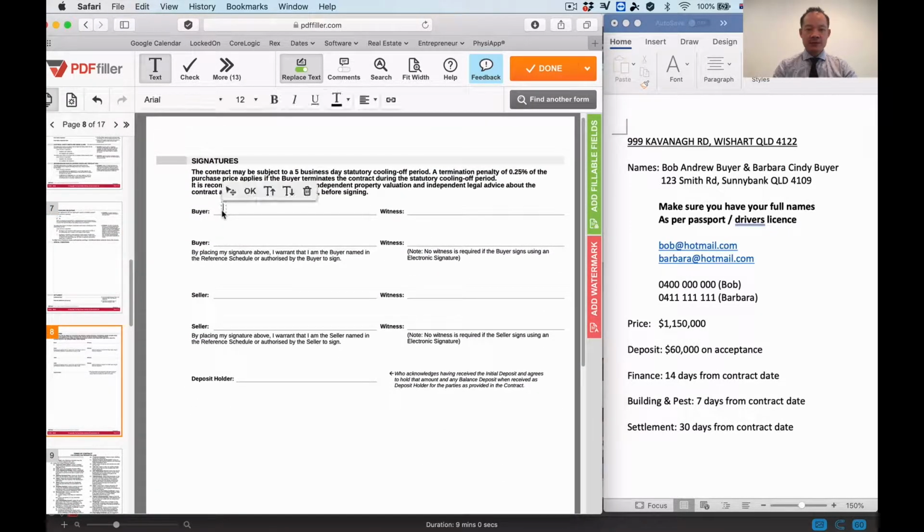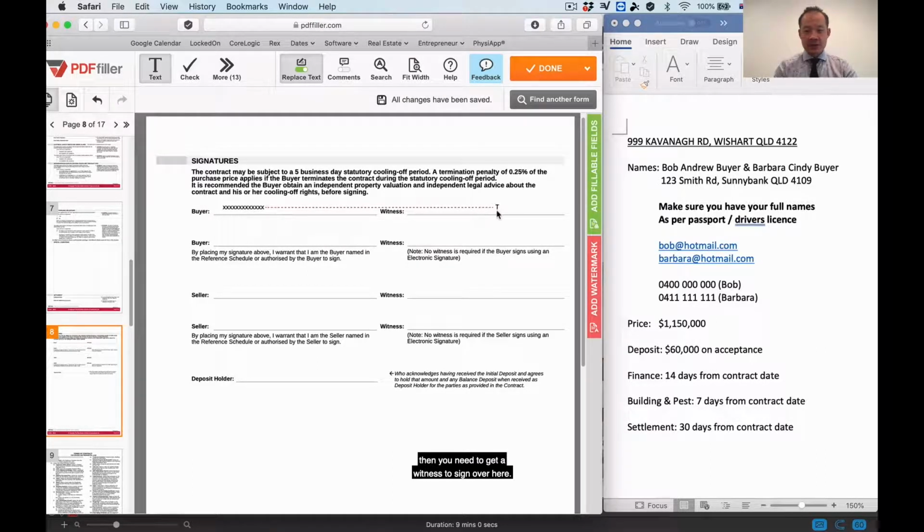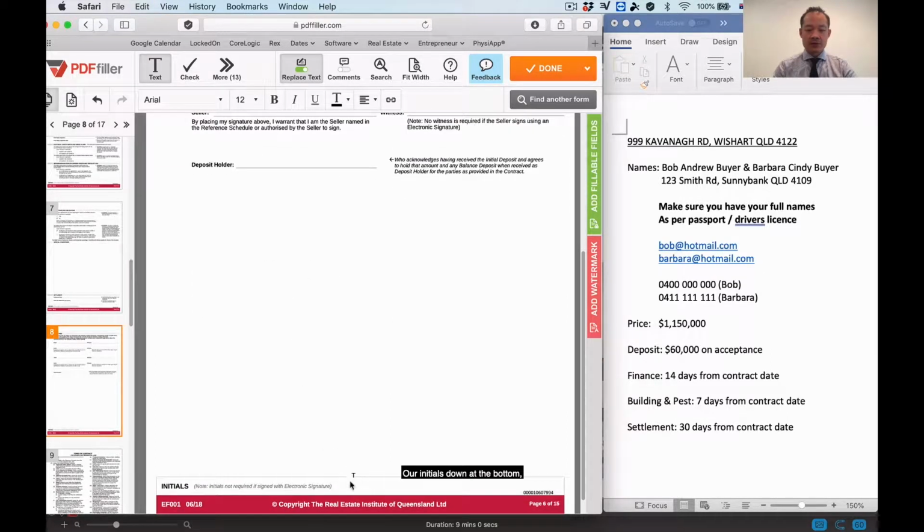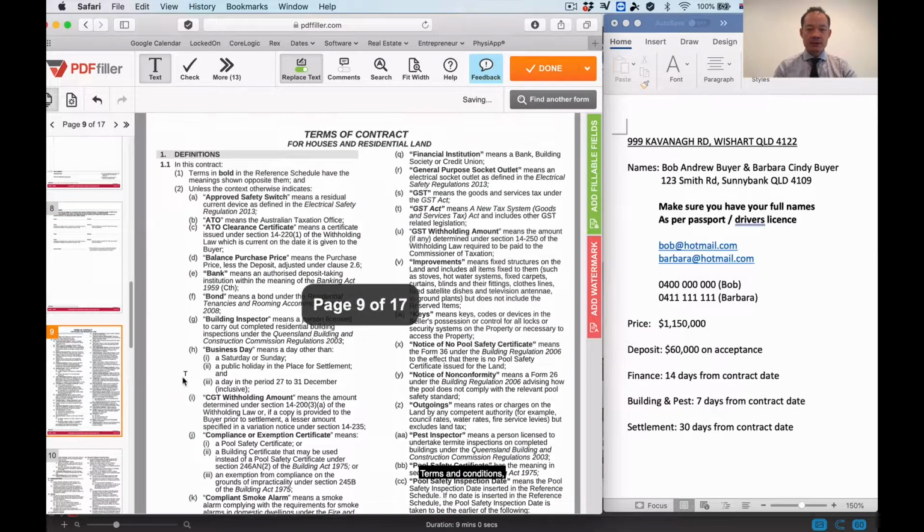So we need to sign. Now, if this was actually done physically, then you need to get a witness to sign over here. The witness must be 18 years or older. You cannot witness each other. So that's what a witness signature is. If this was done electronically, then obviously no need for that. So this is my signature over here. This is my wife Barbara over here. Our initials down the bottom, Bob Buyer, Barbara Buyer. Terms and conditions,